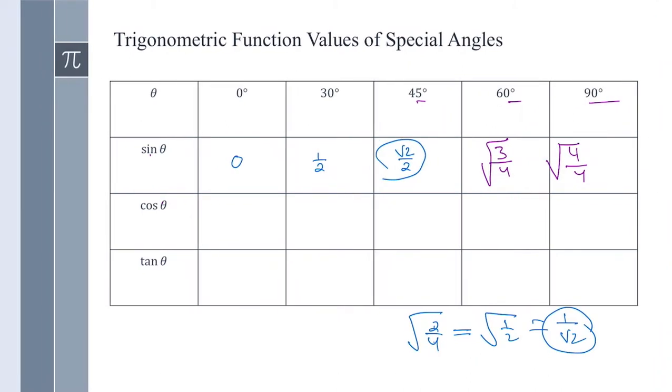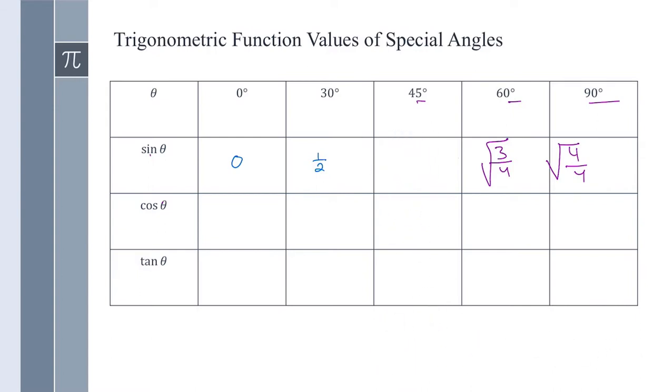This is not rationalized. So if I rationalize the denominator, I get exactly the same thing that I have here. Okay, so they're equivalent. I mean, they're equal. Sometimes you might see it in this form, sometimes you might see it in the other form. So both are the same. So let me just write both here. Either it is square root of 2 over 2 or 1 over square root of 2, which are